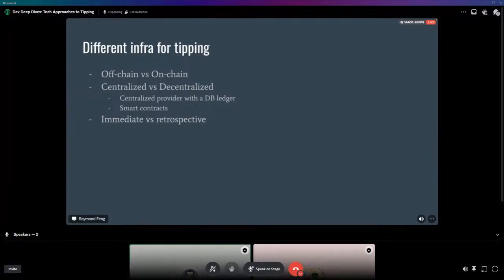Then once you have a deposit on the ledger, whenever you try to do a tipping operation, you make a service API call to that centralized provider. Say, I want to move 5 Collab.Land tokens from my account to B's account, and then the centralized provider does that